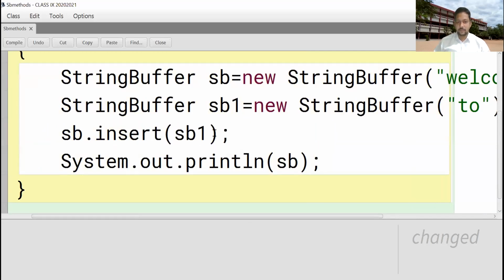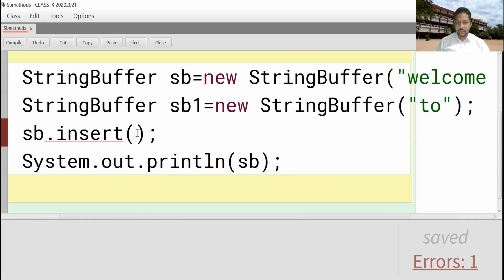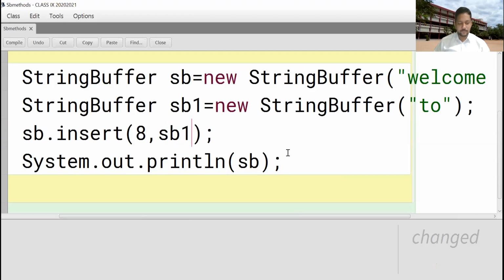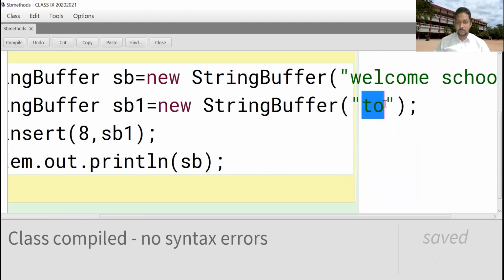Insert method. Which position do you want to add at? Index position. Here welcome is 0, 1, 2, 3, 4, 5, 6. At position 7 I want to add "to", or at position 8. For example, 8, comma, SP1. Compile. No syntax errors. At position 8 you are adding the string "to", so your output is welcome to school.